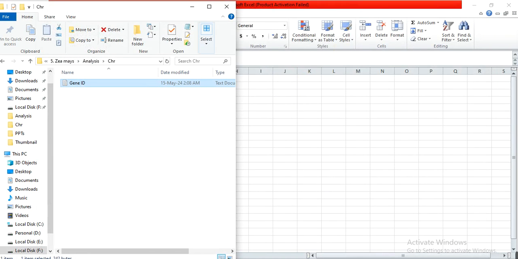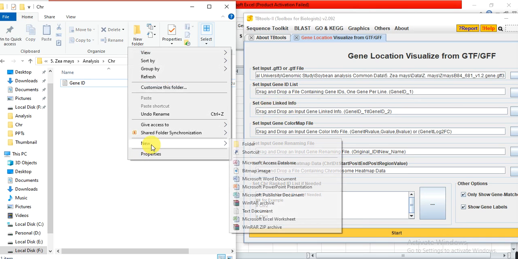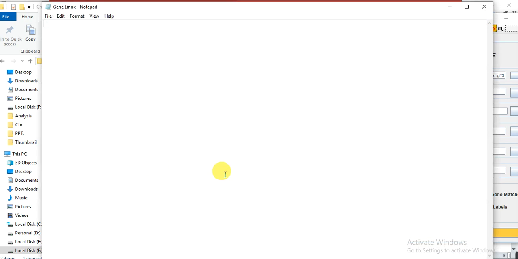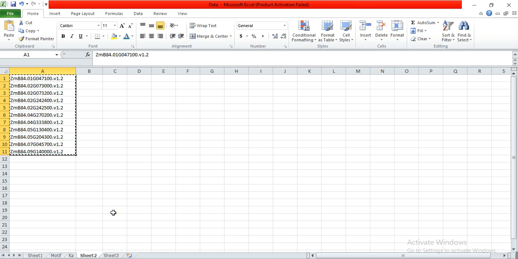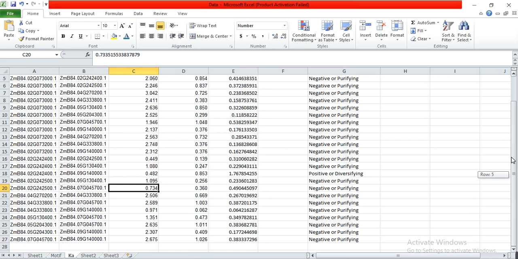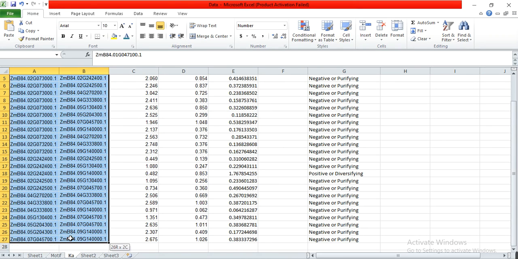Now open TBtools. The second one is the gene link information. Make a new txt file, gene link. The link information we can get from the KaKs values, for which we have already prepared a video. How we can make this link information, you can watch that video. That was, I think, part 11. So copy it,